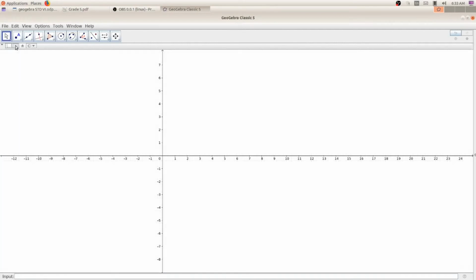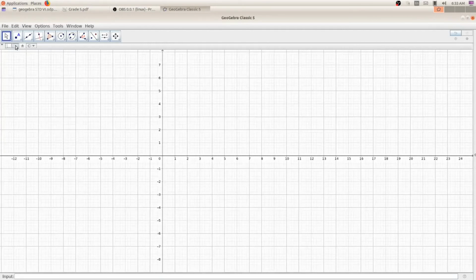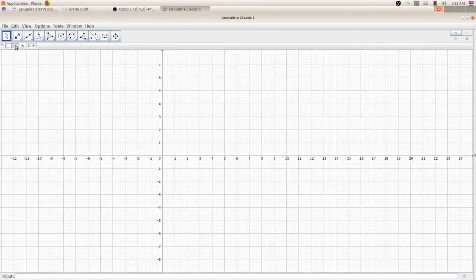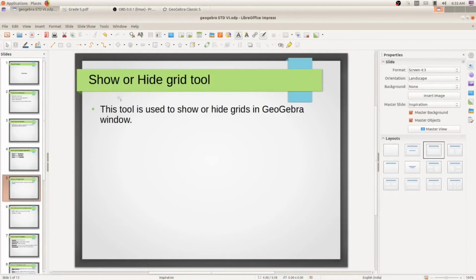Now it is hidden. Once more, if you want to show the grid, click on the tool. If you want to hide the grid, again click on the same tool. Now it is hidden. So I am going to show again. Is it clear?